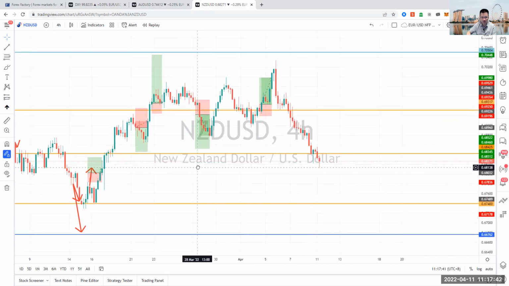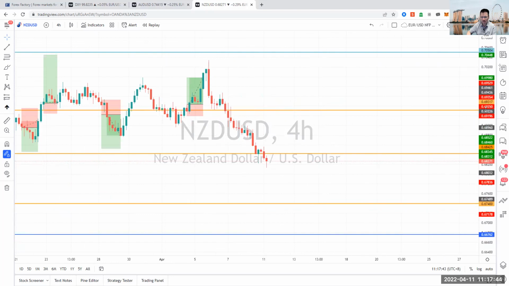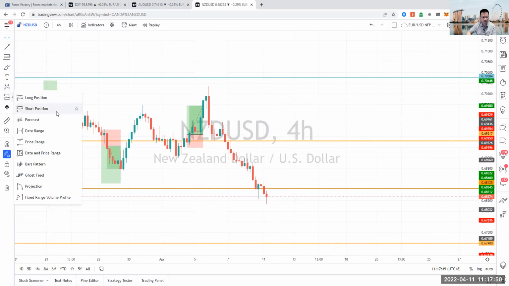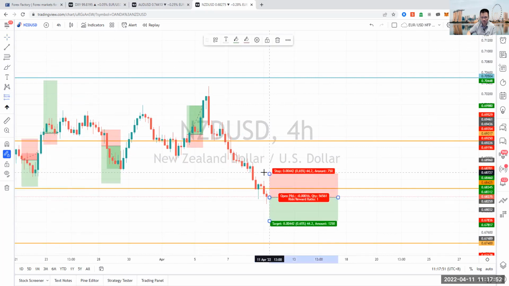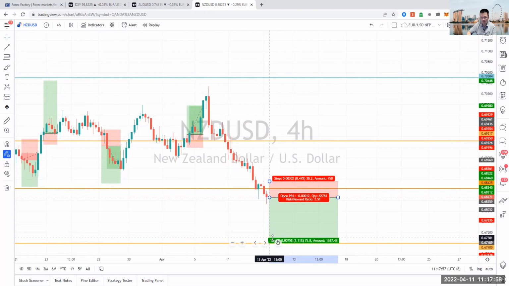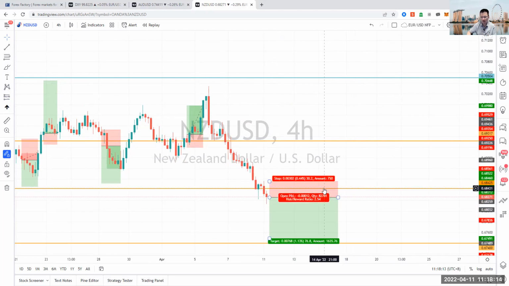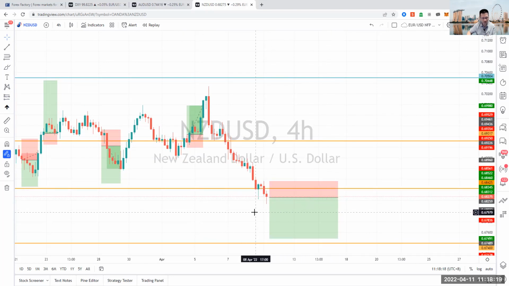So what I'll be looking for on the Kiwi dollar here, something a bit earlier than the Aussie dollar, will be to sell the Kiwi dollar down from this point. From this point, you could keep your stop loss quite tight at about 30 pips. Take profit again towards that 80 pip level, towards that 0.6740 level. You're looking at a 1:2.5 risk reward ratio towards the downside for the Kiwi dollar on the H4 time frame.